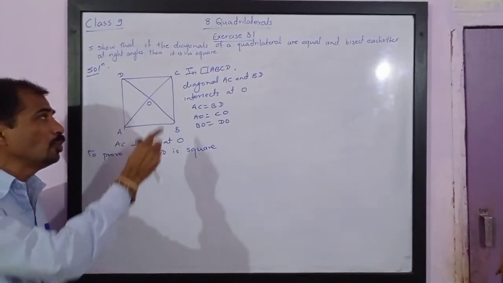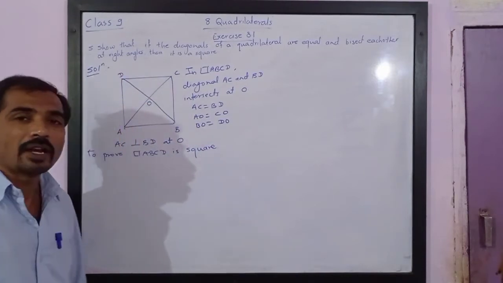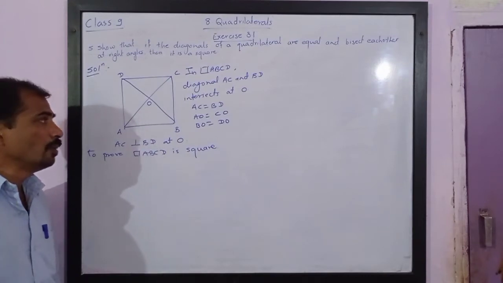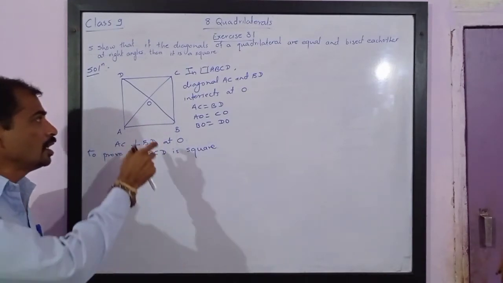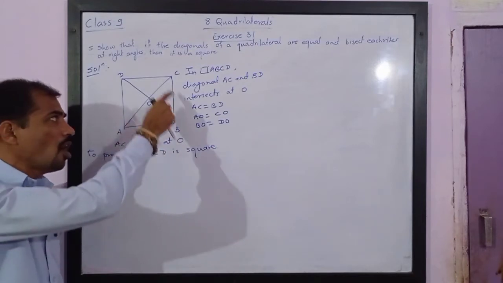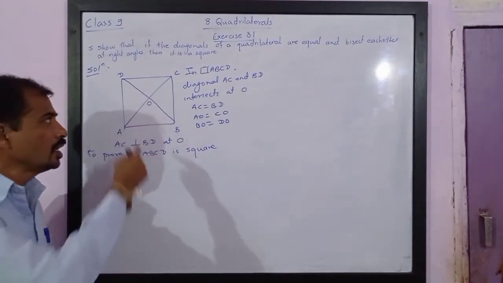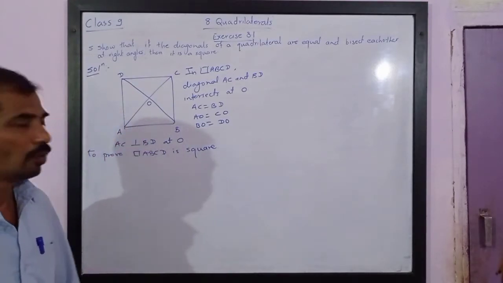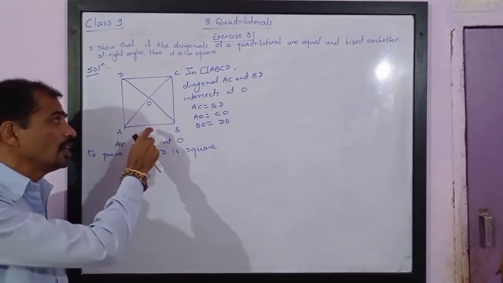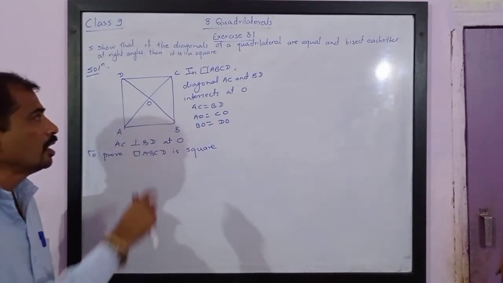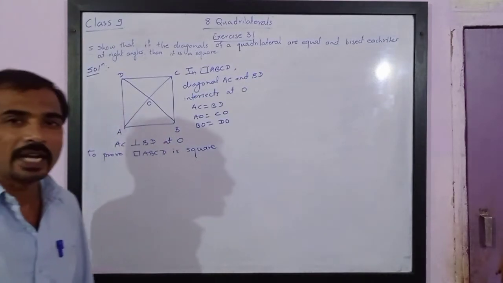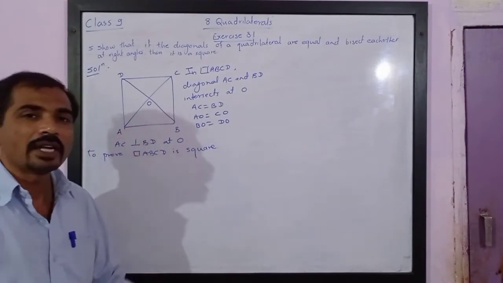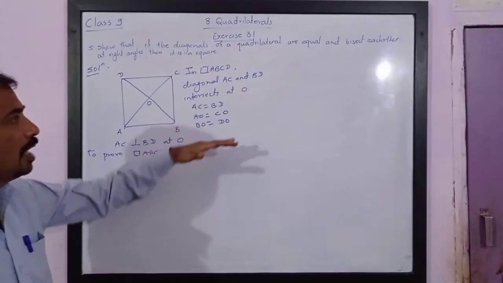Now we are going to prove that first ABCD is a parallelogram. We have also defined rhombus. Definition of the rhombus is a parallelogram with all adjacent sides equal. If all sides are equal and if it is a parallelogram, then it must be a rhombus. Now, definition of a square is a rhombus with one of the angles as a right angle. If one angle of the rhombus is a right angle, then we call that quadrilateral a square. Let us see how it can be proved.